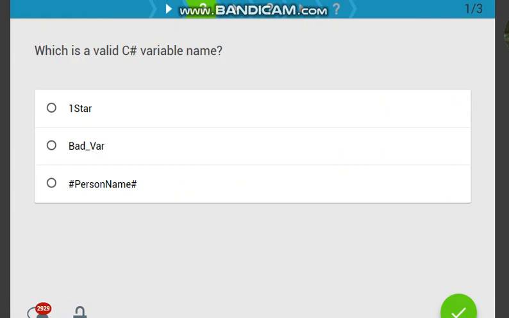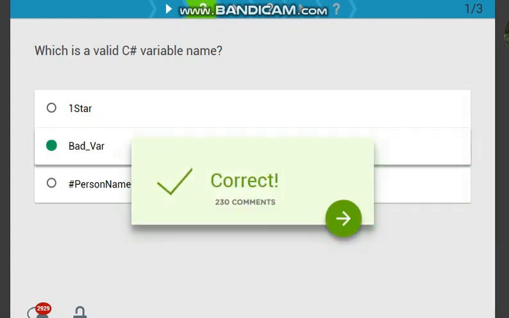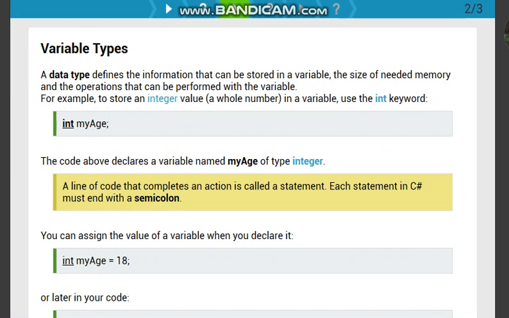So you should pause it and try it out. I'm gonna say they weren't really too descriptive about this because is it a number, a letter? So I would say bad bar, right? Okay, so we got it right. But why I said that is because one star, they said don't start with a number and don't start with a symbol. Okay, so I get that, but still, it's hard to be descriptive when you don't describe the variable. But anyway,